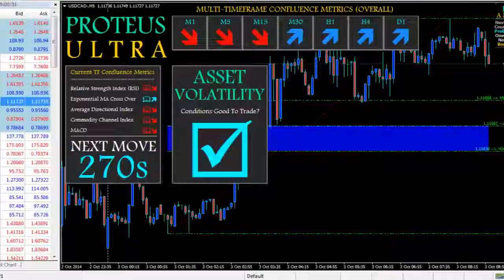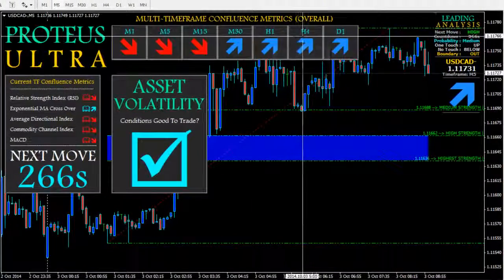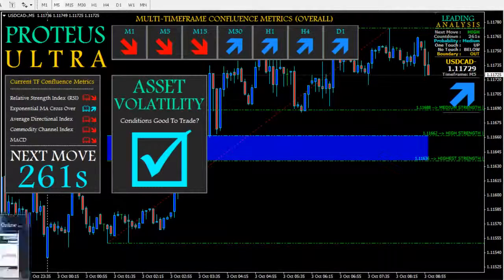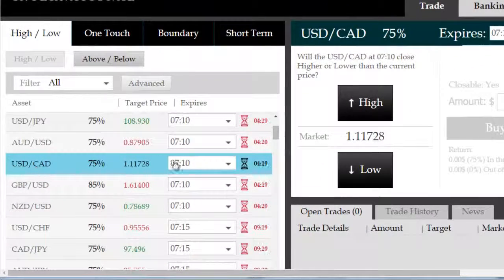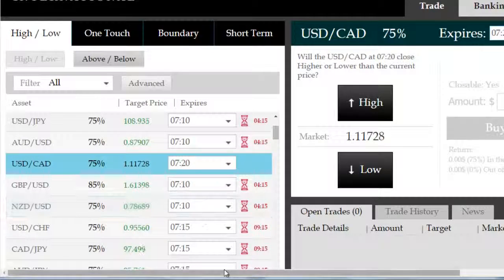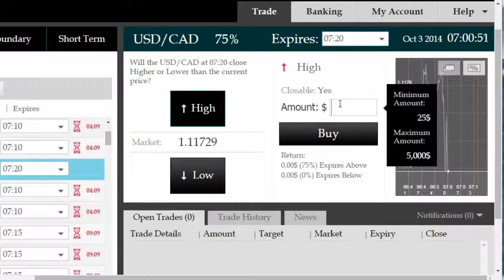M1, M5, and M15 have been in short-term correction, so it is an ideal opportunity to get into a long trade, as the leading indicator on the right-hand side is indicating a medium probability long side trade here on the USD CAD. So we're going to select a time frame that's at least 30 minutes, and if we don't have a 30-minute trade available, we will choose the next available shortest time frame to that 30-minute, which is the 20-minute